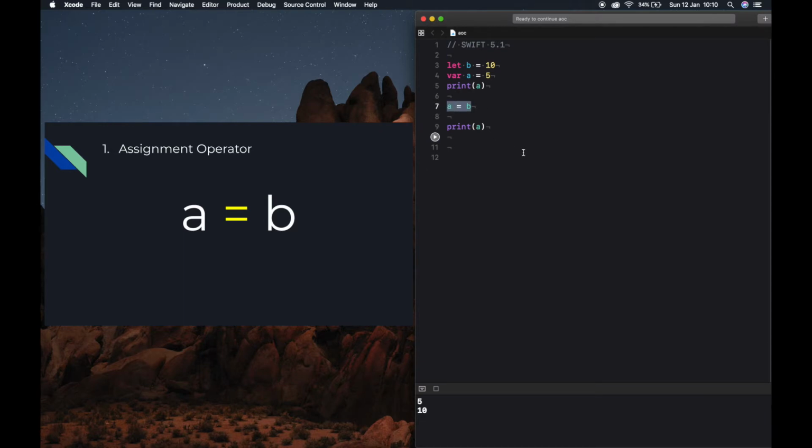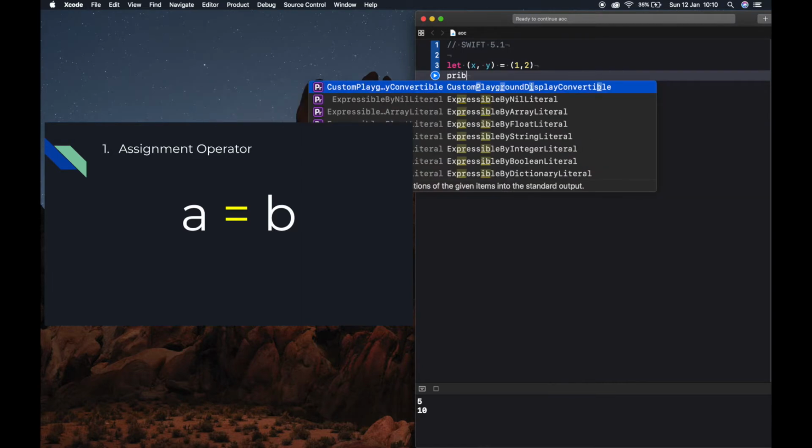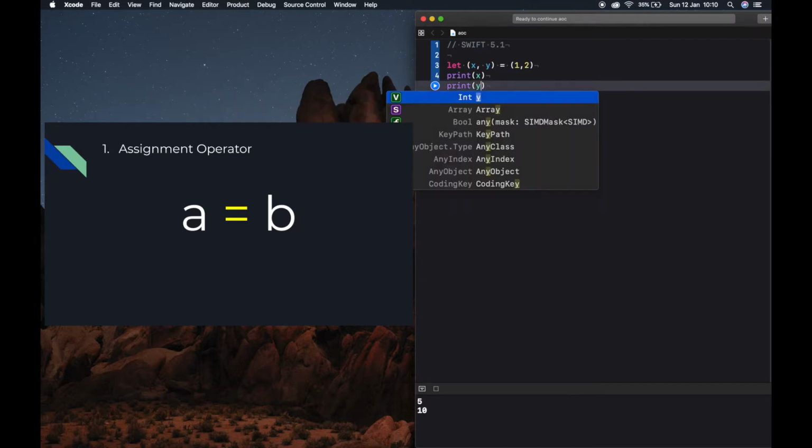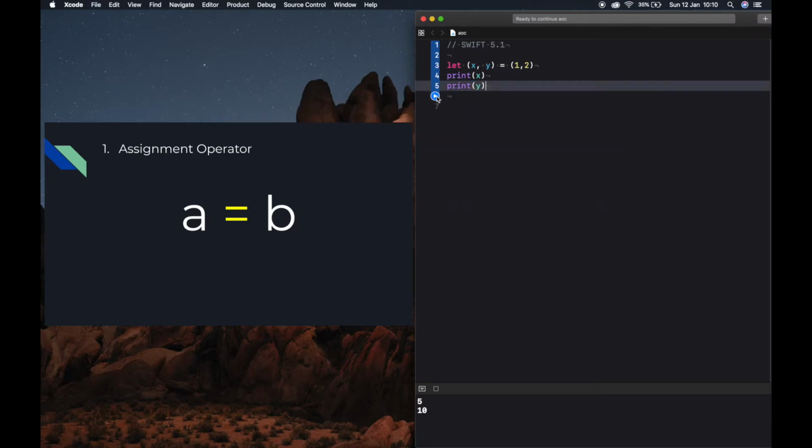We can also use the assignment operator with tuples. For example, let. See this, if the right side of the assignment operator is a tuple with multiple values, its elements can be decomposed into multiple constants or variables at once.